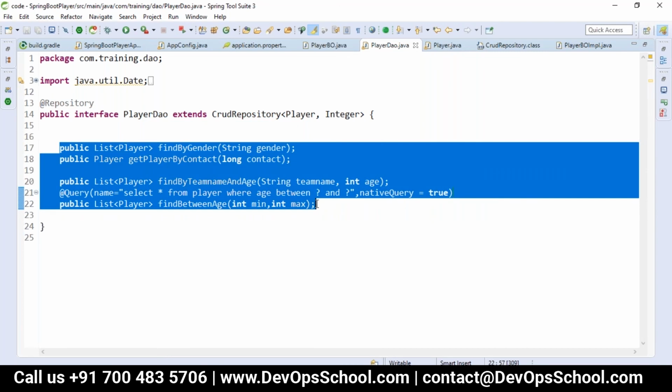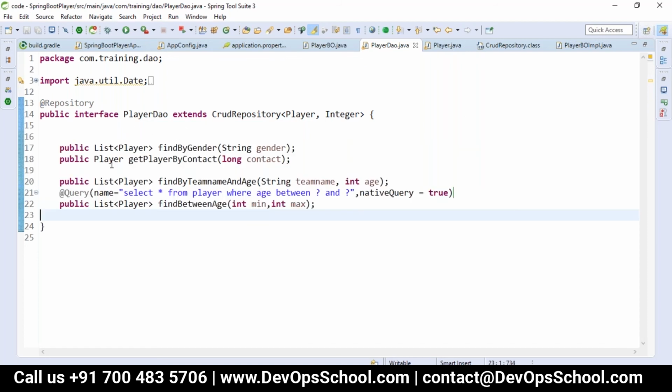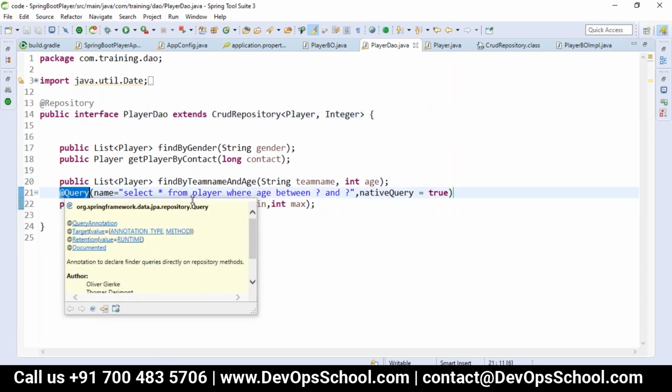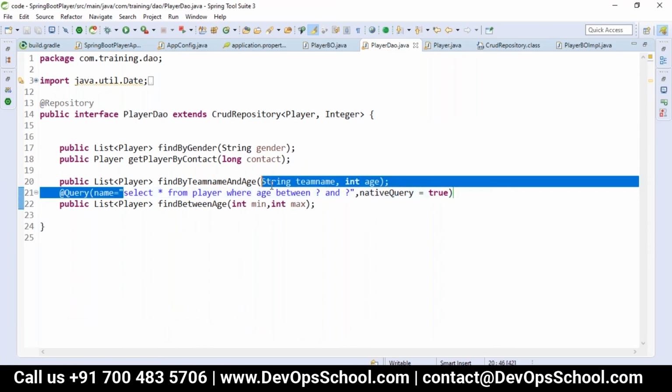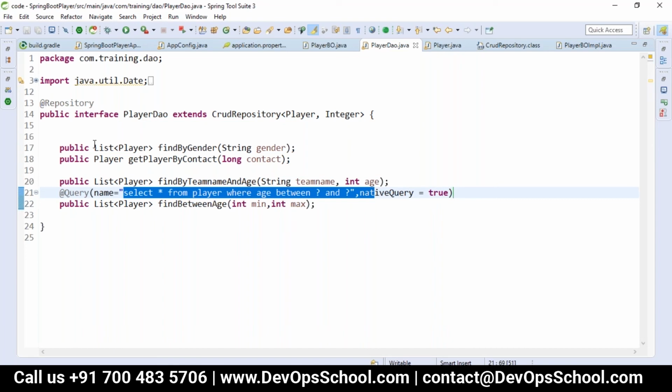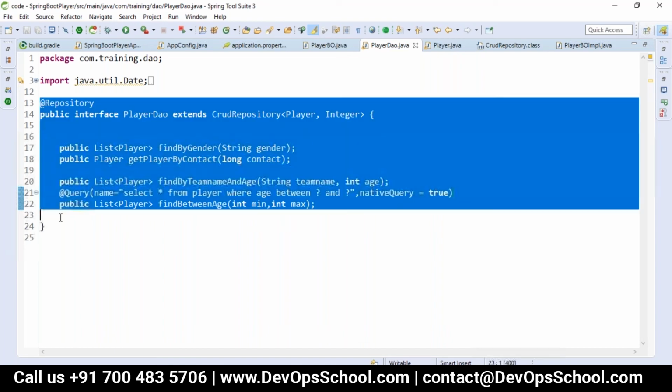So in the DAO layer, you don't need to provide the implementation if you are going with Spring Data JPA; it can be written only as an interface. In any case, I don't need to write the implementation. If you have any queries, go with the Query annotation. Write your own method and provide the Query annotation, then it will take care of all your job. That is what the CRUD repository does.